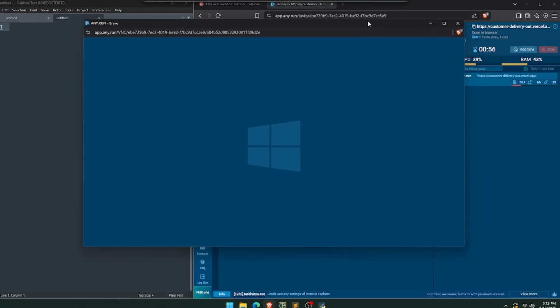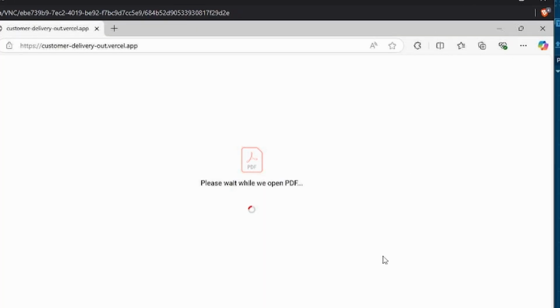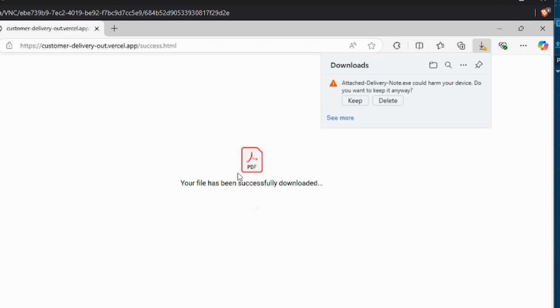Using AnyRun, we can see a real example of what the next payload looks like. The hyperlink has a subdomain, customer delivery out, hosted on a legitimate website, Vercel app. The web page loads and a download is initiated as the victim attempts to access the PDF invoice. In the example, we see the file being downloaded to be named